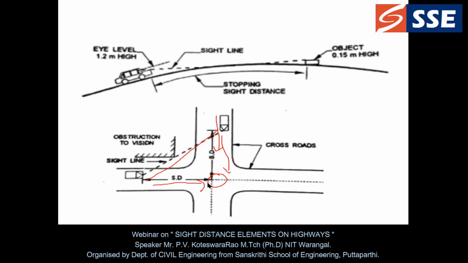So to avoid this also, we need to take care of the construction at the intersections of the road junction. And here, based on this intersection, we need to finalize the stopping sight distance for this particular junction. And here, the sight distances are not going to be the same here and here. In both cases, the sight distance values are going to be different.